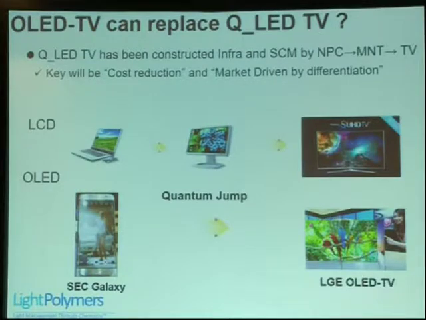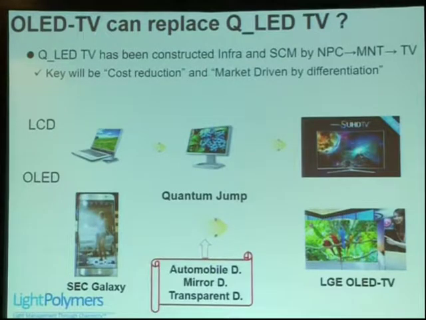As Professor In-Jae Chung already mentioned, the cost of the OLED panel is higher, by 2.5 times. The TV is totally different from the mobile display, since the panel portion in a TV is almost 60%. It's really different. So what is the solution? Maybe I think for the OLED case,